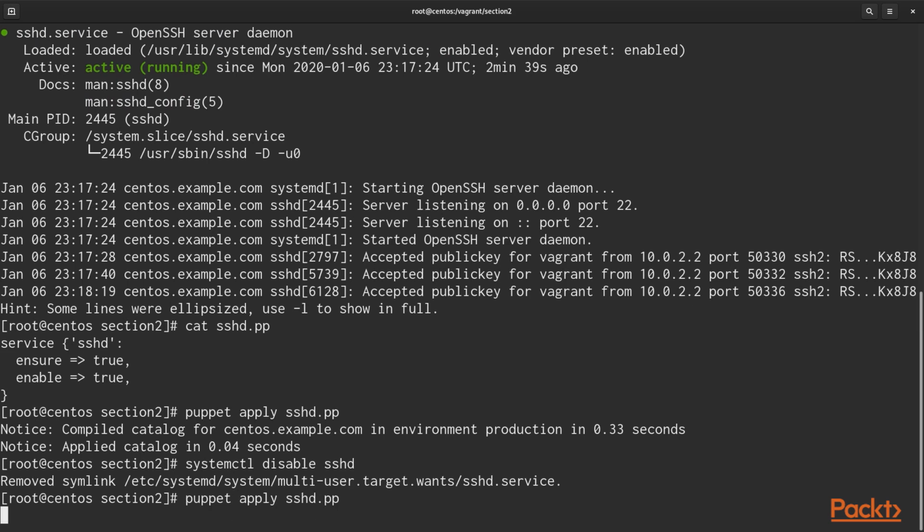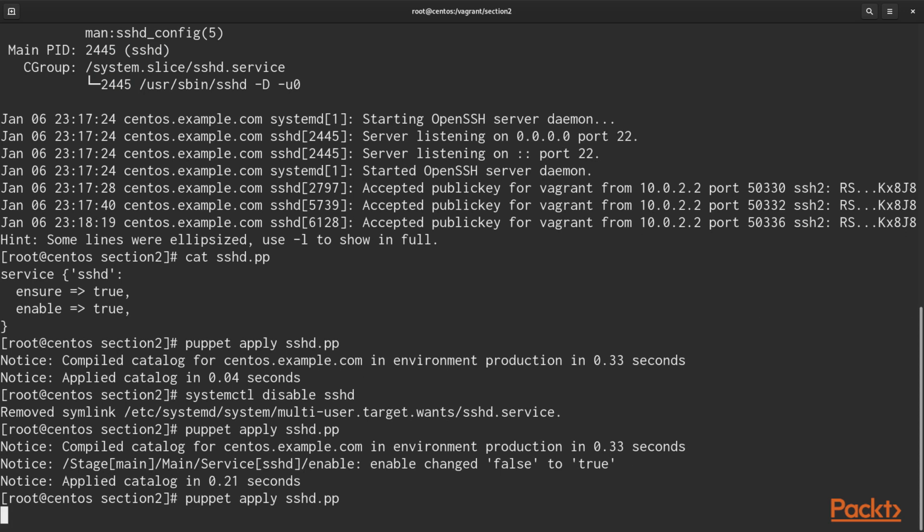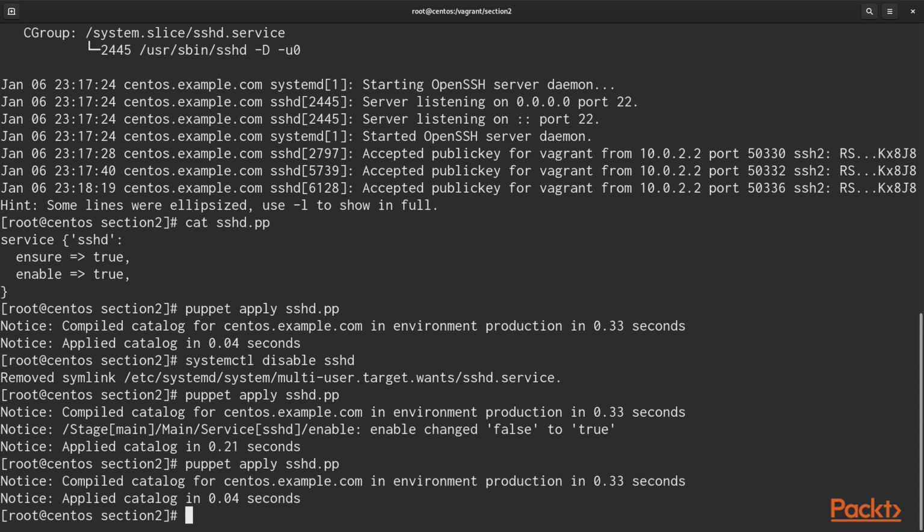If we run our Puppet manifest again, we'll see that Puppet noticed that change and put it back. But when I run the second time, there is no change. And this is very important, and